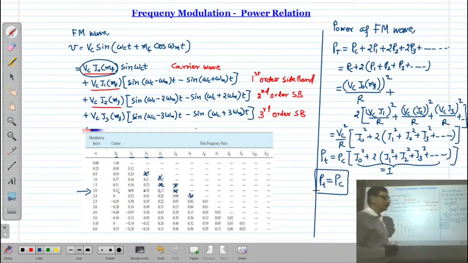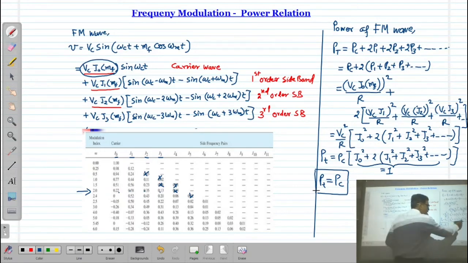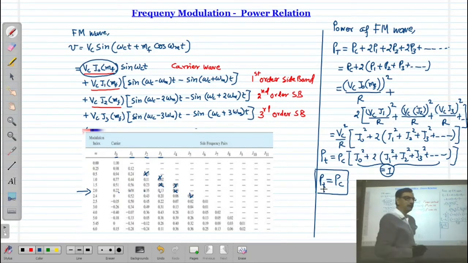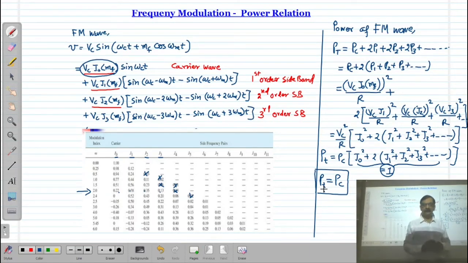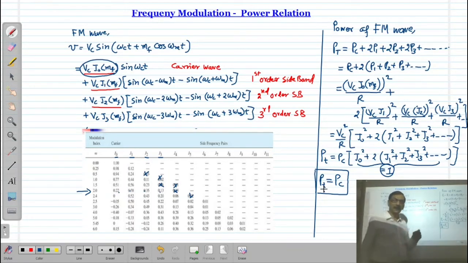And if you take the summation according to this bracket, then it always comes out to be 1, meaning after the modulation there will not be any change in the power. If we see the simple logic, in frequency modulation the amplitude of the signal is not changing. It means the power of the frequency modulated wave is also not going to change. And this is the advantage of frequency modulation, that the wastage of power is almost negligible.